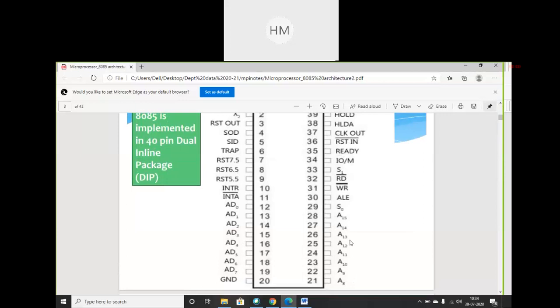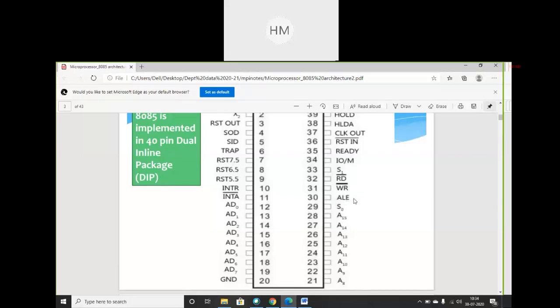What do you mean by A15 to A8 address lines? These are specifically used for addressing the memory. We will not use these buses for data transmission. Okay, so A15 to A8. Then we are having S0, which are known as status lines, which are used with read, write, and status and IO/M bar. You will see its role also. Then we are having ALE, a very important pin of the microprocessor known as address latch enable.